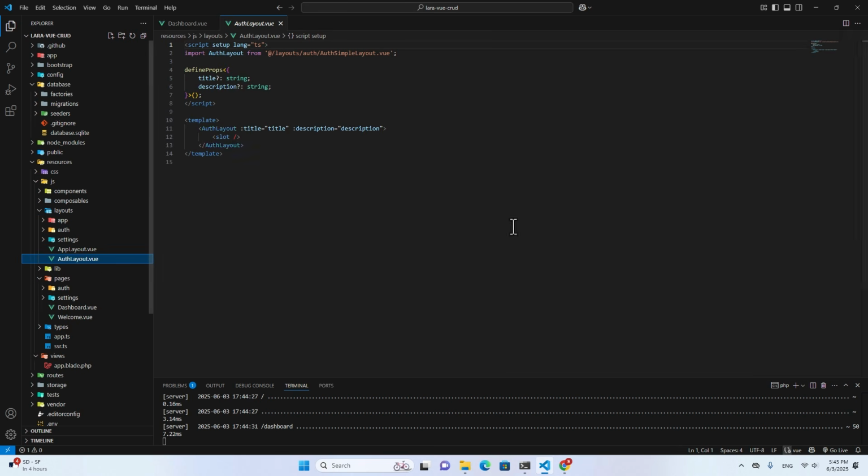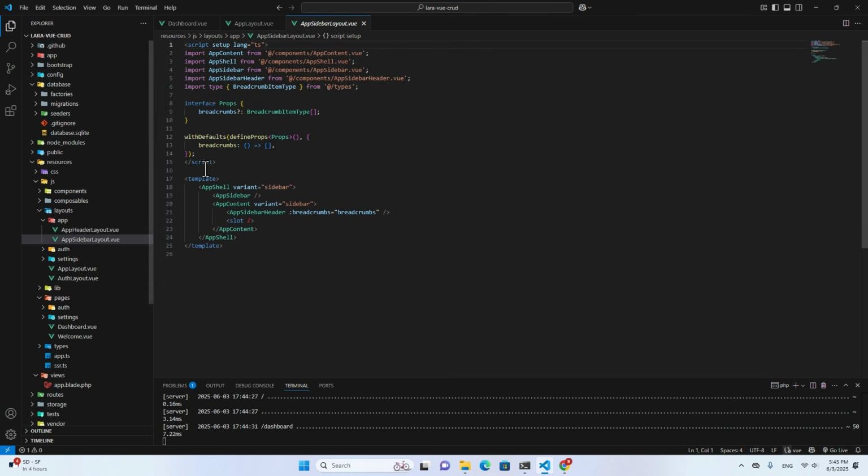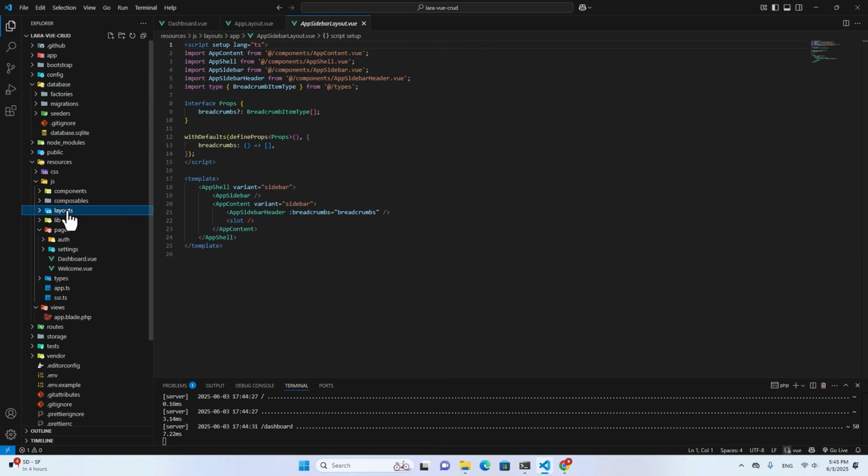So this is AuthLayout for authentication. This is AppLayout. Over here you will see that AppLayout is actually imported from layouts app AppSidebarLayout. So you can press Control and click over here, and it will redirect you to layouts in JS, and layouts and app